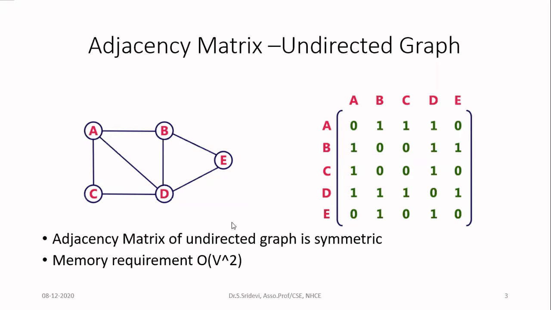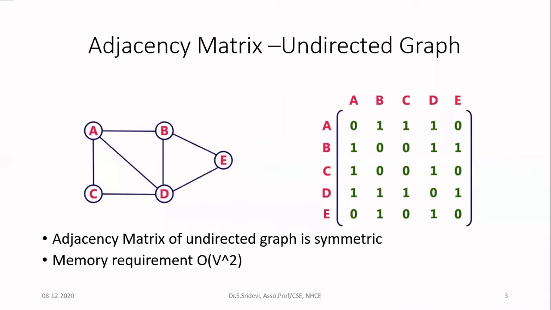Now let us see how much memory will be required to store this matrix. I want to store information about this particular graph. There are 5 vertices in this graph, so you are creating a 2D array with 5 rows and 5 columns. So totally 25 elements will be there inside the array. If you store these values as integers, every integer is going to occupy 4 bytes in memory. So 25 multiplied by 4, 100 bytes will be allocated for this representation.